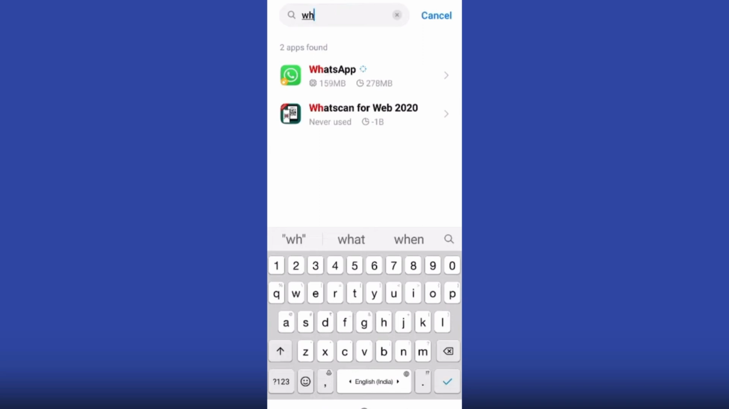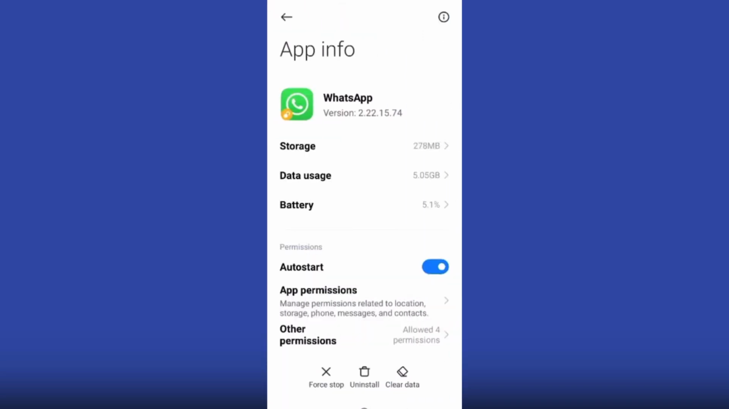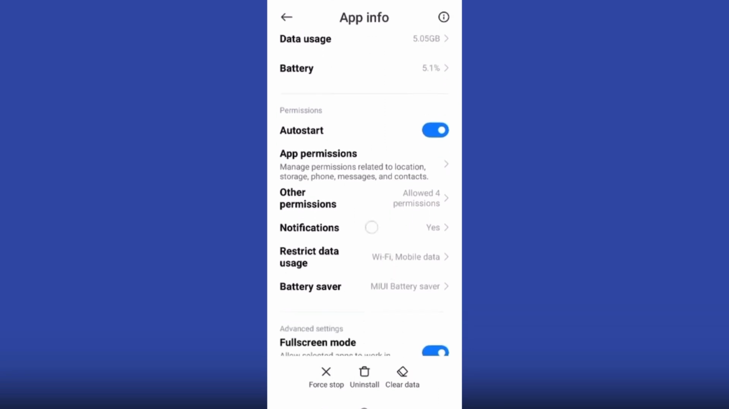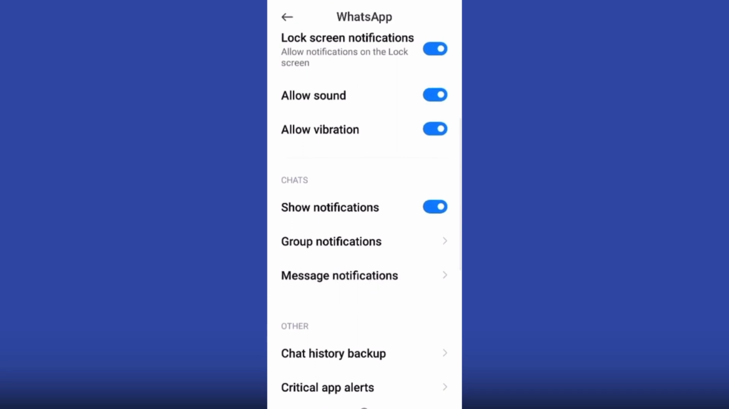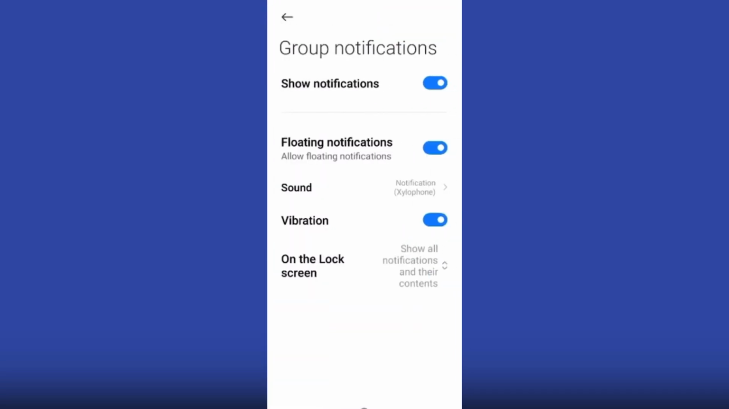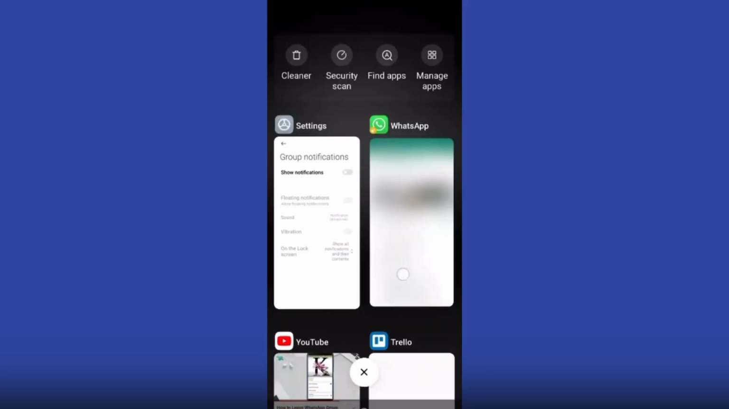When you click it, you can see there are a lot of options, such as notifications, etc. We will click on notification and go to the option called chats. In group notification, we will just switch off the show notification option here, and now we will go to our WhatsApp